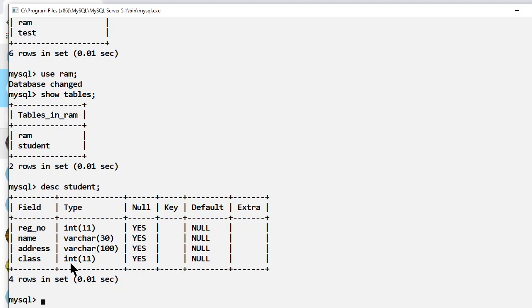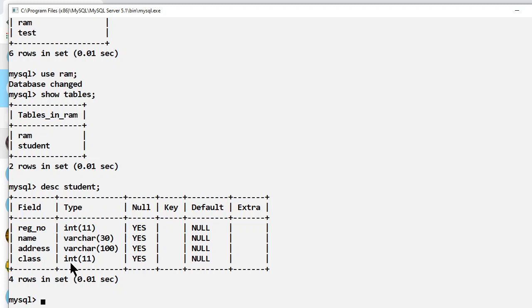Now all these fields can be blank because you can see Null is YES here. What do you mean by Null is YES? It means if I leave any column blank, then it is acceptable. Key: there is no primary key, no foreign key, so the key column is blank.